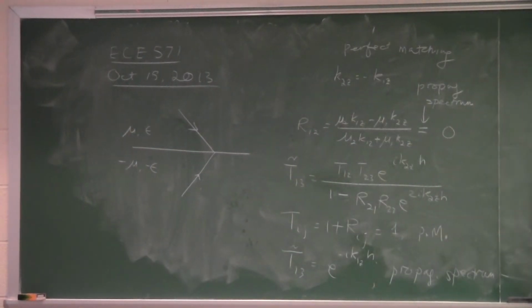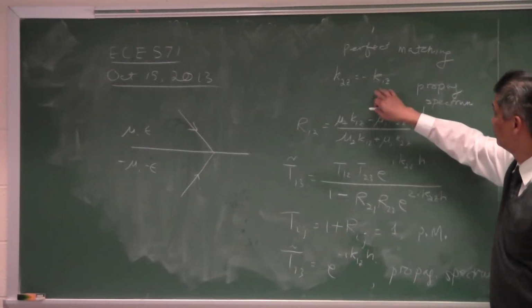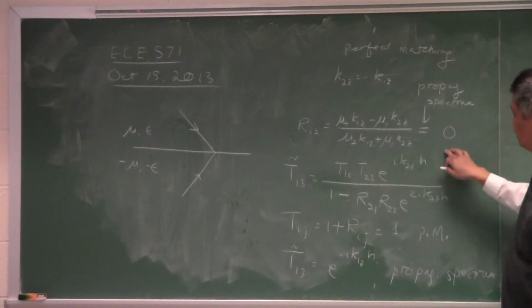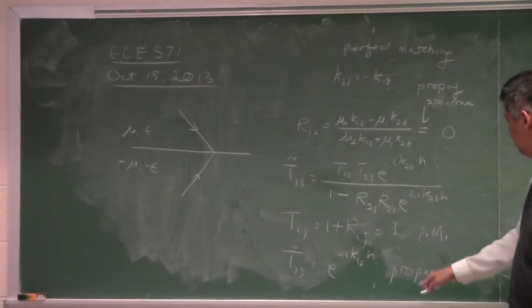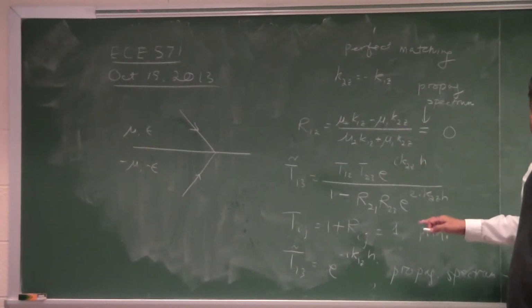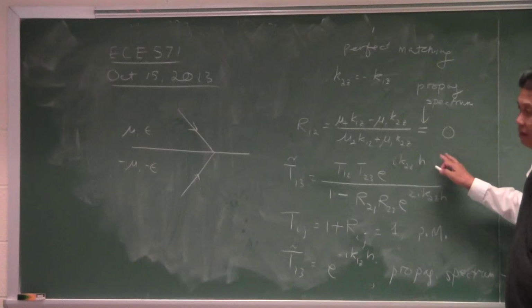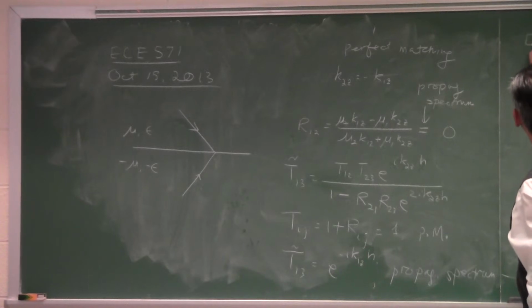But then there's only one scenario that works actually. You have to pick this one. You can pick k2z equal to plus k1z, but that gives rise to infinity over here. You still get the same answer at the end, but that is not the right way to say it. It should be that this is the choice, that R12 goes to 0, and then for the evanescent spectrum,